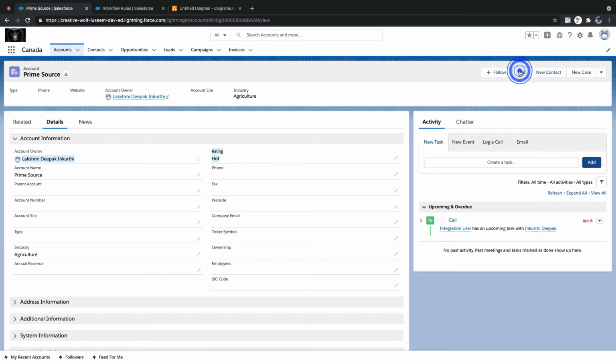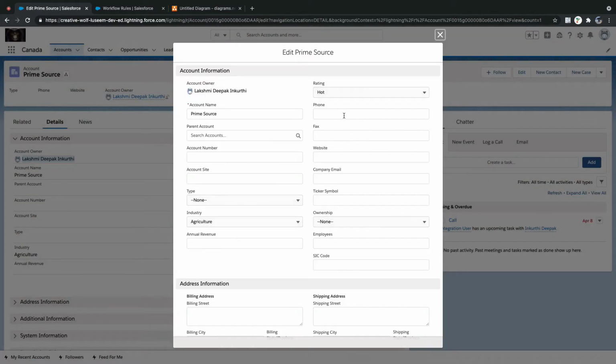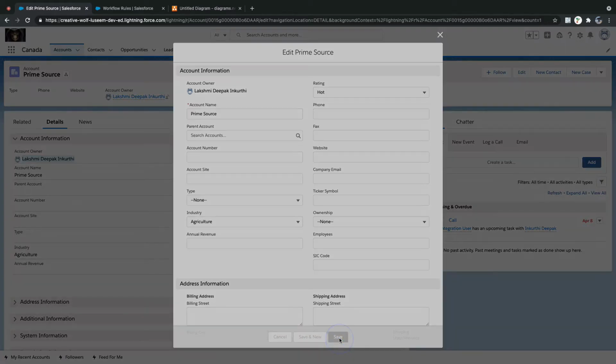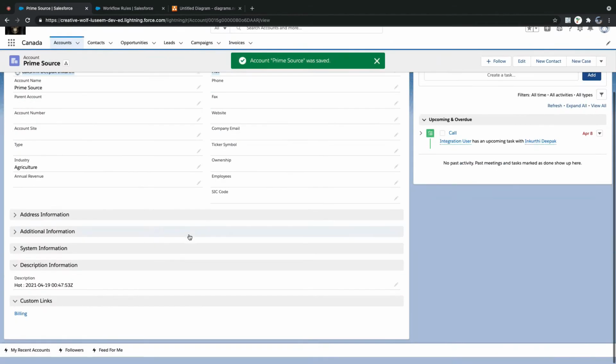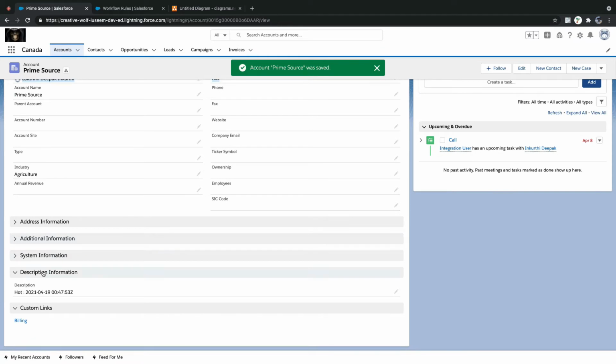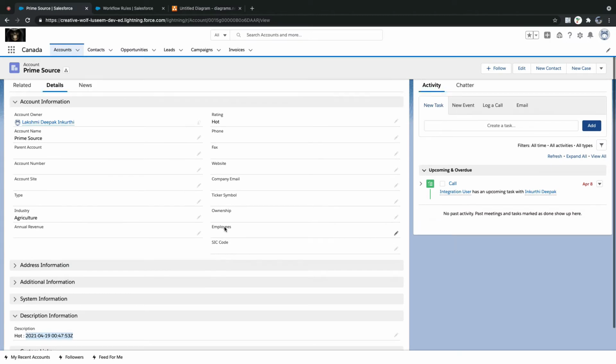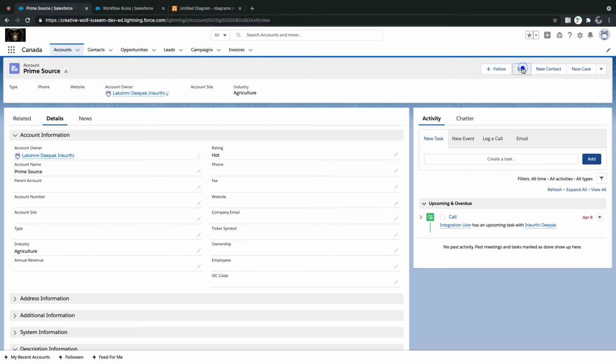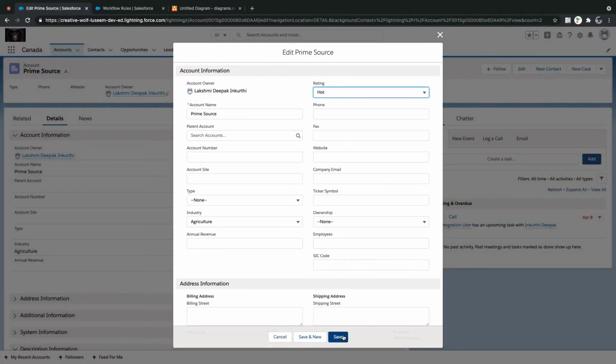Now let's go back and verify. I edited the record. Did I modify anything here? Hot? No, I just saved it. Where is my description? Here you can see the date it was created, and in the description it got updated automatically. Let me make my edit and save. Did I modify anything?